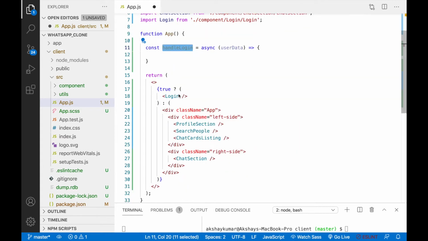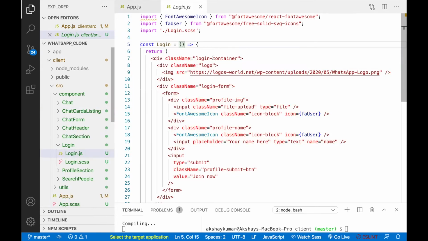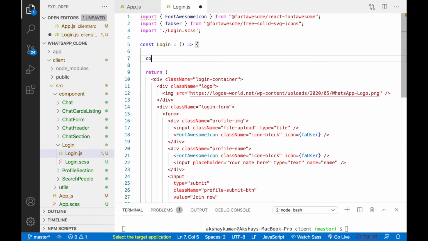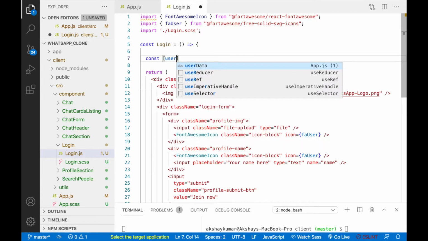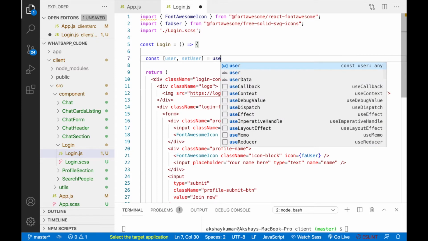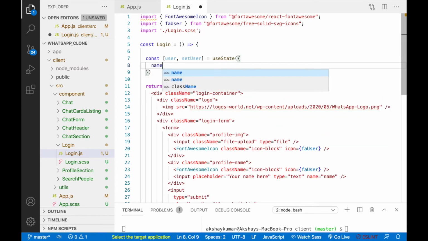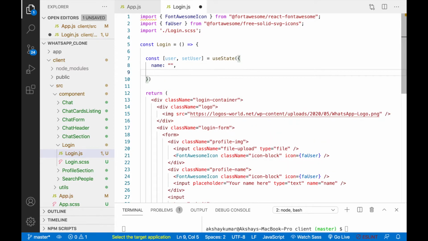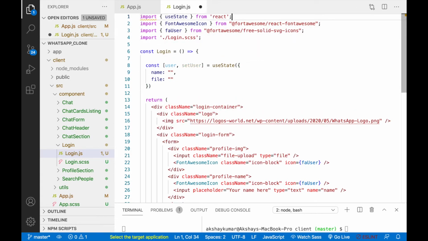This function will be passed inside this prop, like this. And inside the login component, here we'll write const [user, setUser] = useState. Okay, and here we'll take username and file. So we have to import useState from React.